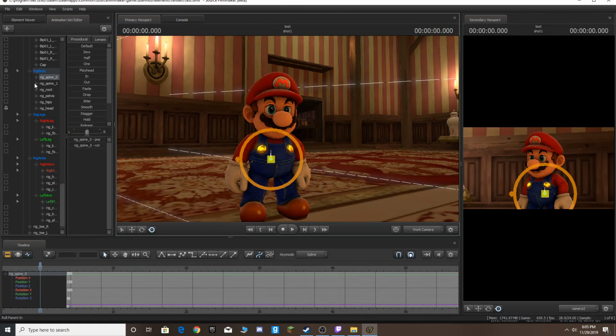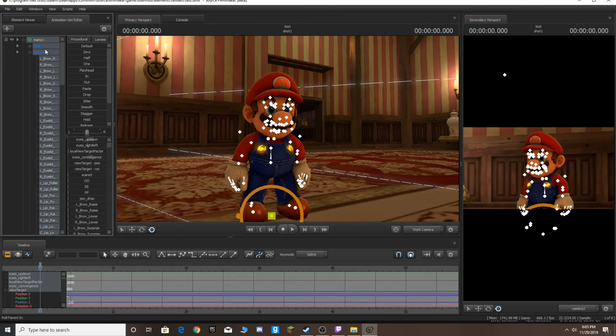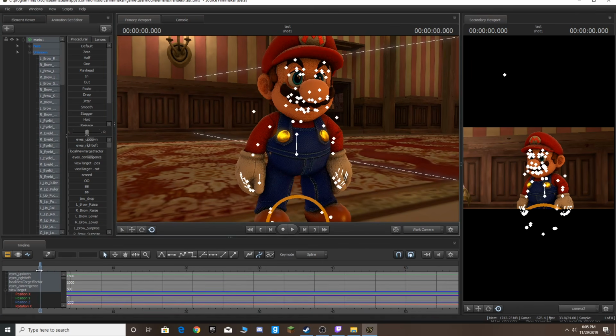So what I always do first before I start is I go up and select my character and then press M. M is how you make a new frame or a bookmark. I'm just gonna call it frame. So you press M, and you can also scroll in on the timeline down here, and you can make it super zoomed out or super zoomed in. I usually keep it around here. Press M, and you can